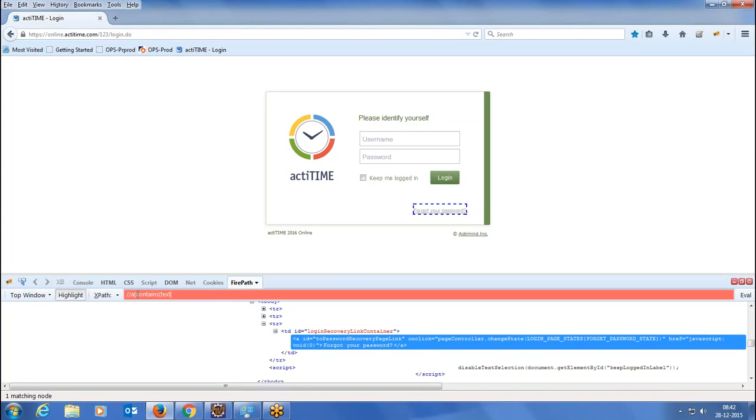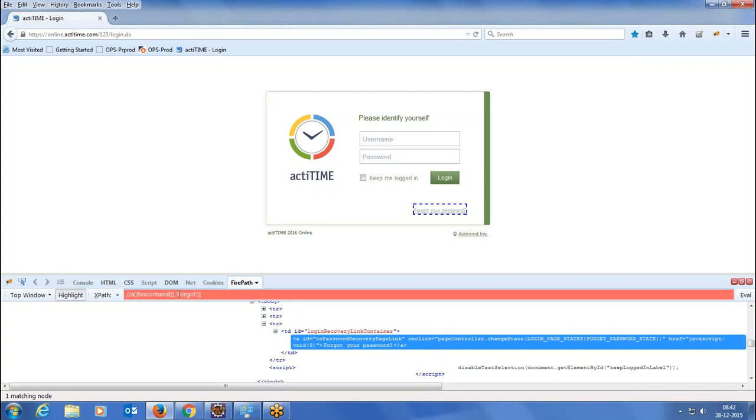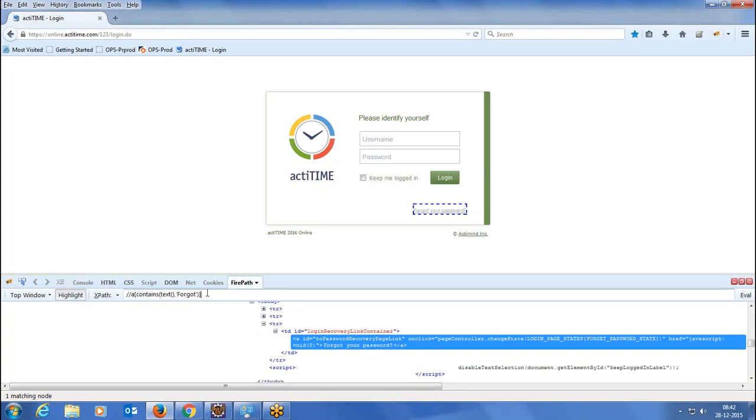Just remember: contains(text(), a portion of the text which is not changing). Even though the text is changing, not the entire text would be dynamic. A portion of it would be constant. So you have to choose the portion which is constant and leave the dynamic part. Something like this: contains, text, whatever is the text which is constant, and we leave the dynamic part like this. So this is how we identify the elements which are dynamically changing by using the text. Hope this is clear to you.